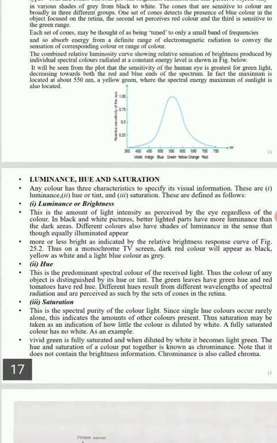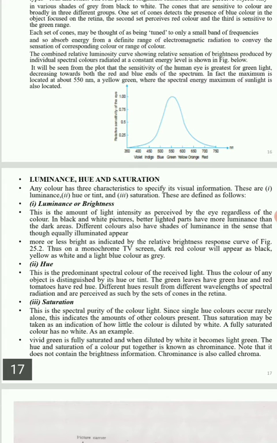Any color has three characteristics that are used to specify its visual information. If we talk about color, there are some characteristics which give us a description of its visual information. These are luminance, or the brightness of any color; hue, which is the spectral color; and saturation, which is the spectral purity of that color.